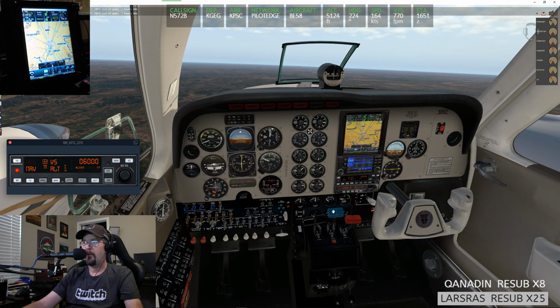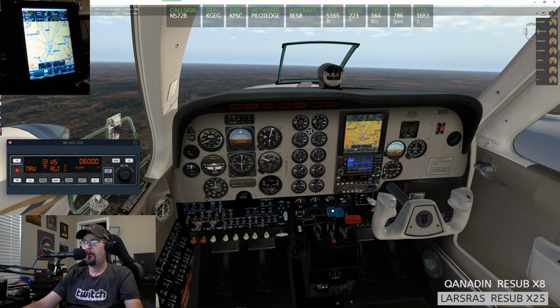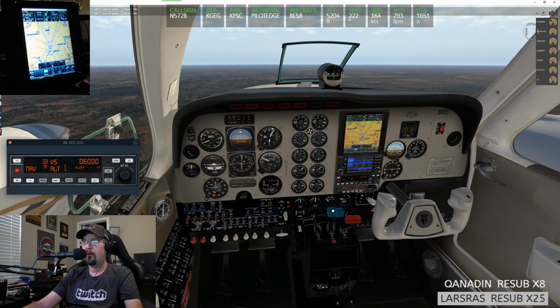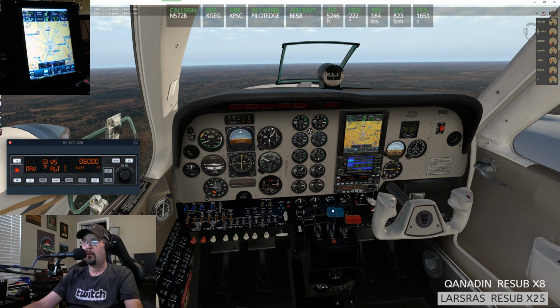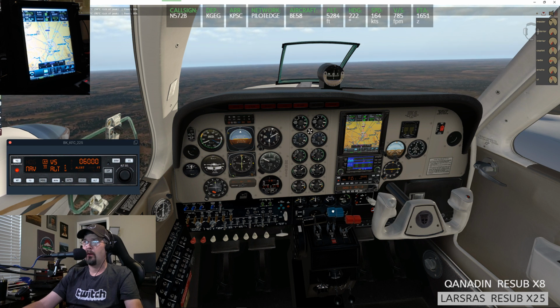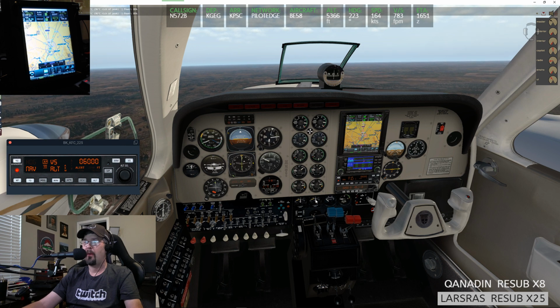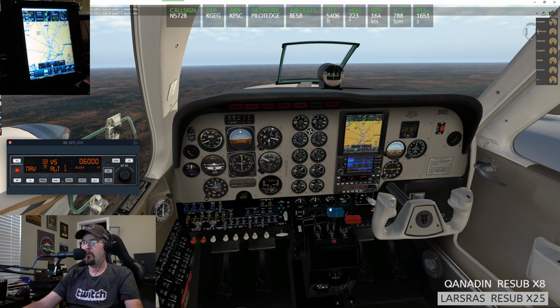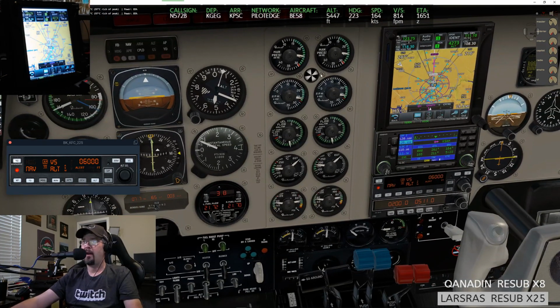Alright, so we got to manually do this propeller, so that one's that. There we go. Can I put the prop sync in now, or should I wait till cruise? Alright, so now it sounds better because I've moved the propeller. You can see this fan up here spinning, and you move this and it spins faster, and you move it back and it spins slower, and then all of a sudden your engine sounds